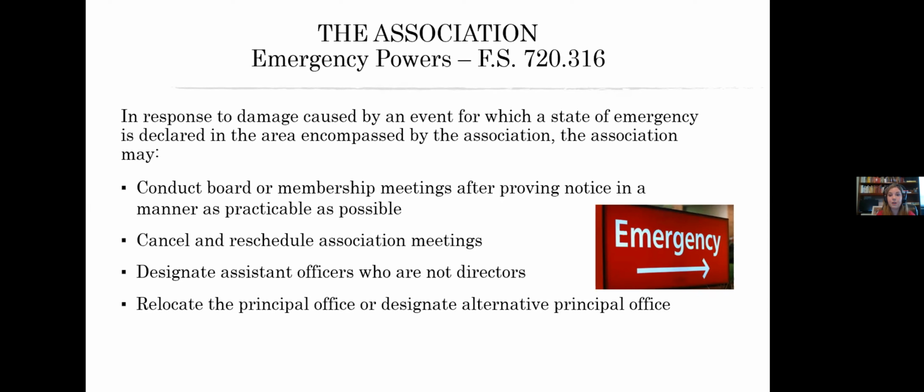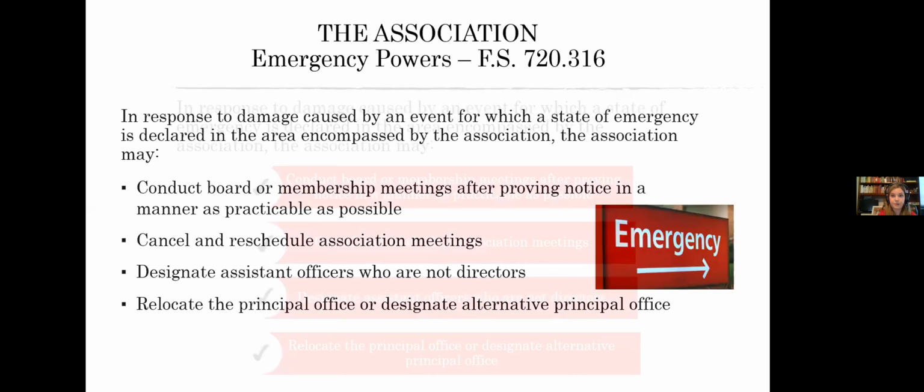If your officers are spread throughout the state, and I see this particularly with hurricanes, but it happened for my associations with coronavirus as well. Maybe your officers went to another part of the country to take care of something, and you need someone boots on the ground. And so you can designate an assistant officer who's not a board member. If you need someone to take minutes, you can designate an assistant secretary for a meeting for that person to call in, for example. You can also relocate the office of the association if you need to.